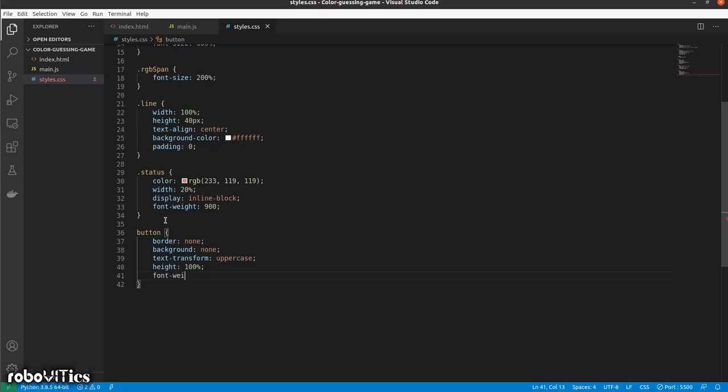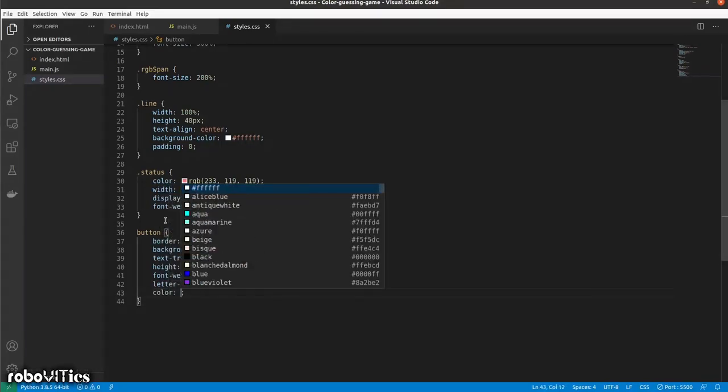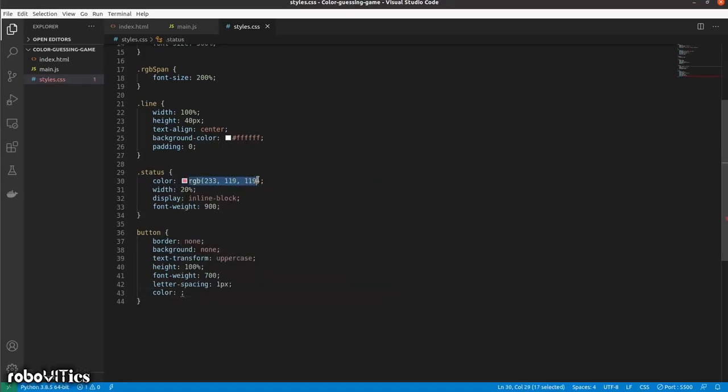Font weight of 700, and let's also give it a letter spacing of 1 pixel. And I guess, yeah, that's about it. Also the color. So for the color, let's give it the same RGB value that we had above. And yeah,